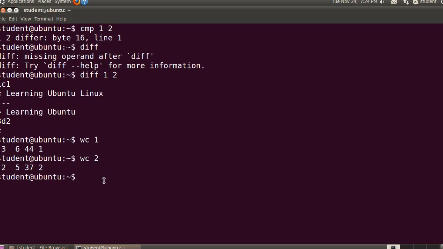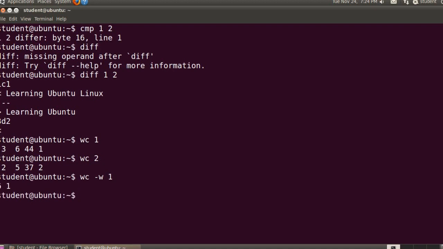So this is how it works. Now another thing: if you want to count only the number of lines in the output, and you don't want the number of words or characters, then what to do? For that purpose you can write the command wc. For example, if you want to count only the number of words, then wc -w space 1, that is the file name.